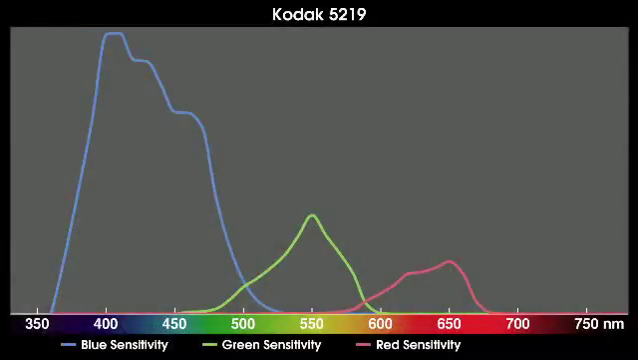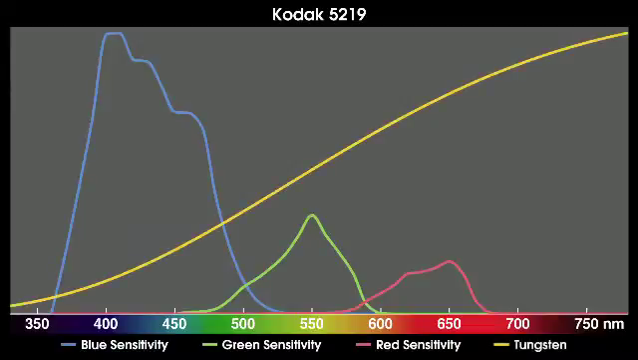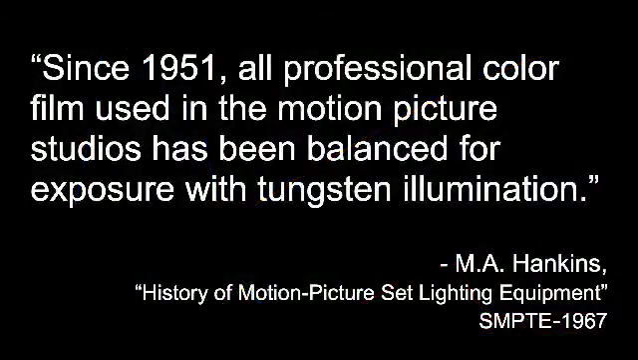The film will record colors according to the degree of its sensitivity across the spectrum. To achieve his goal, the designer had first to establish what would be the baseline quanta of energy across the whole spectra illuminating the scene. And as we know from Mr. Hankins, since 1951, all professional color film used in the motion picture studios has been balanced for exposure with tungsten